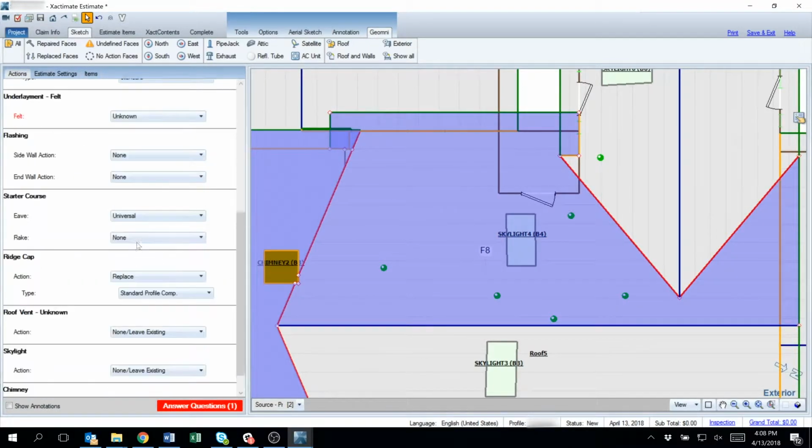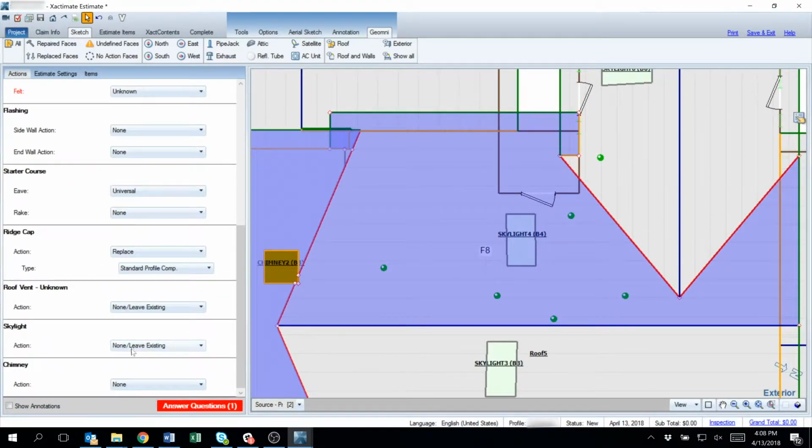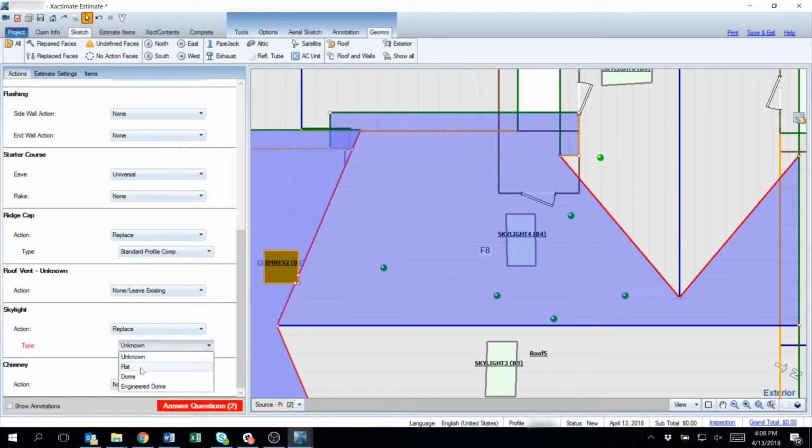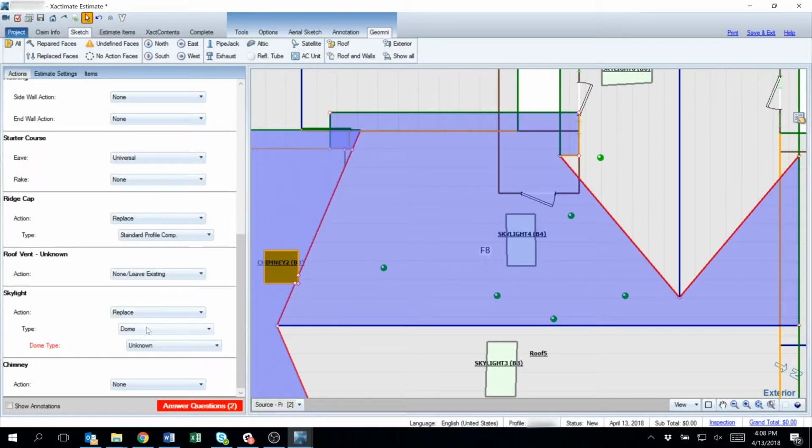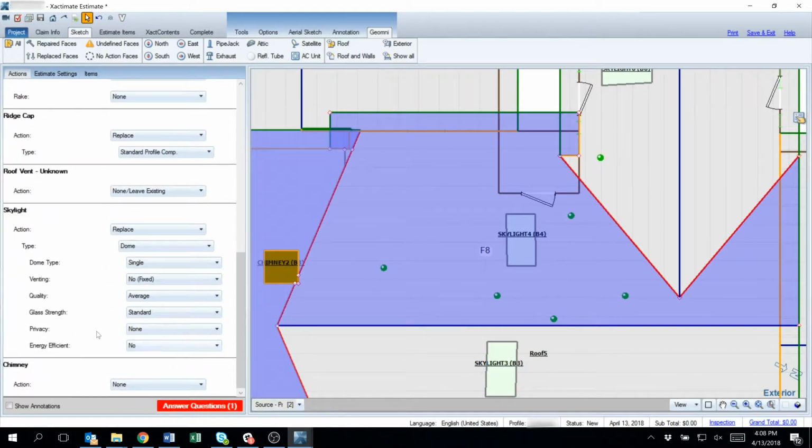And if the skylight needs to be replaced, we are adding the necessary line items, whether it's a flat skylight or a domed skylight. We are asking the next necessary question for you to populate that estimate, all your different options for skylight, whether it be